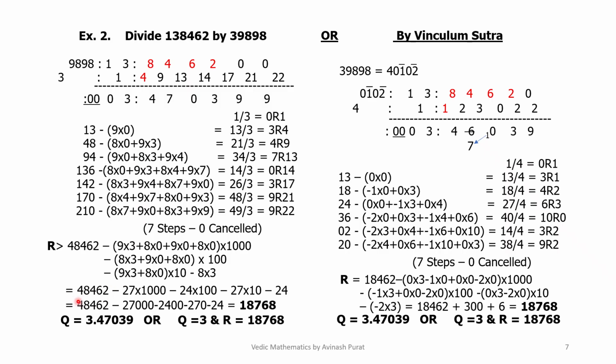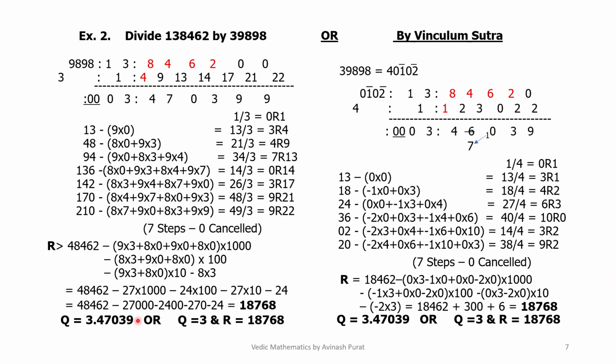So remainder is 48462 minus 27 multiplied by 1000 minus 24 multiplied by 100 minus 27 multiplied by 10 minus 24, that is